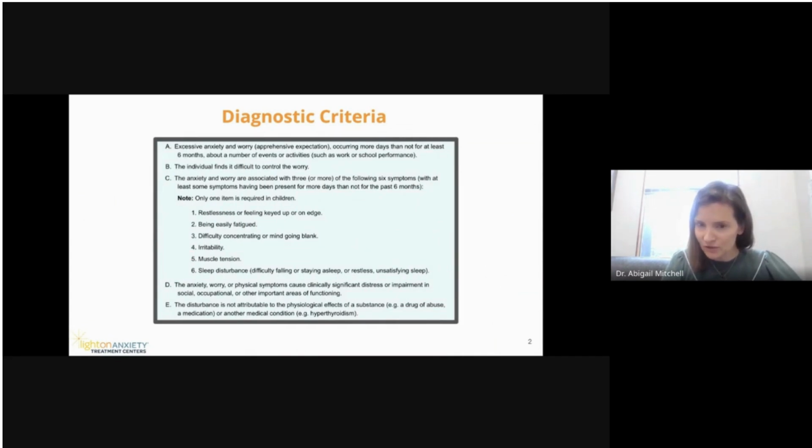So generalized anxiety disorder is characterized by it's when anxiety and worry are excessive. Clearly we all know everyone has some degree of anxiety and worry. And to a certain degree, it's helpful. It protects us. It has allowed our species to survive. But with GAD, the hallmark is excessive worry, where it's no longer helpful. It is hurting us. So it's particularly the worry piece that separates GAD from some of the others. I mean, they all involve worrying, but it's more this quality of intrusive worries that are very cyclical